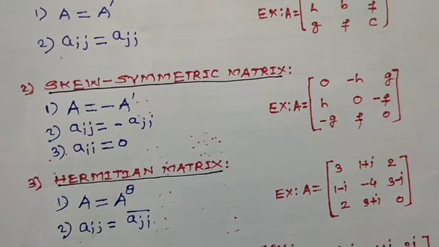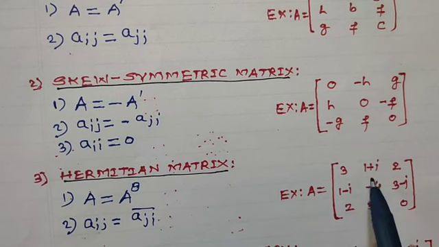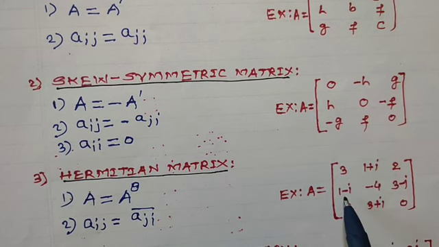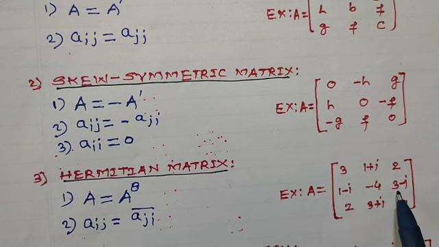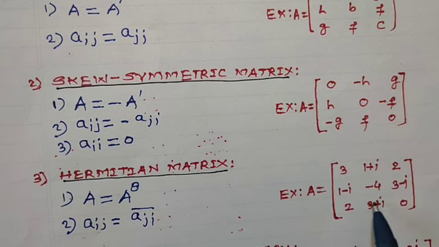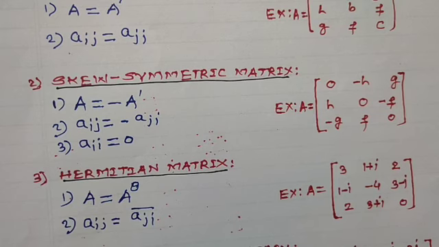So you can check here from this matrix, the element in first row, second column, 1 plus i, its conjugate is 1 minus i. This element 2 is as it is, but the complex number 3 minus i, lying in second row, third column, has its conjugate lying in third row, second column, 3 plus i. Okay, this is an example of a Hermitian matrix. Try to remember these two conditions.